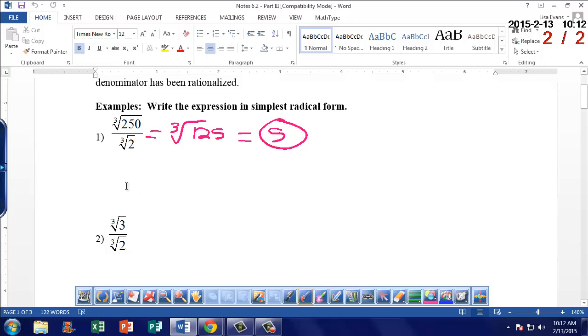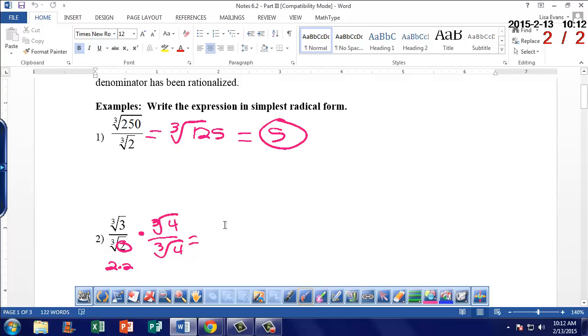You cannot leave a root in the denominator. Now usually we just multiply by that same root. The problem is I need 3 of them. So what I do is I say to myself, I have 1, 2. I'm taking the cubed root. How many more 2's do I need? 2, right? What is 2 times 2? 4. So what I'm going to do is I'm going to multiply the numerator and the denominator by the cubed